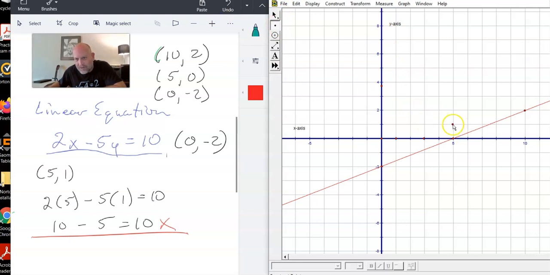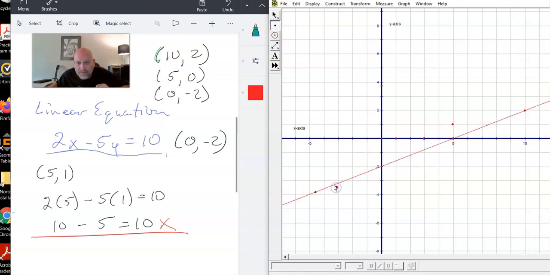I'm just going to do this. So the point (5, 1) is right here. And you can see it's not on the line. Anything that's not a solution won't be on the line. If it is a solution, it will be on the line. And as a matter of fact, every point on this line here, every point,